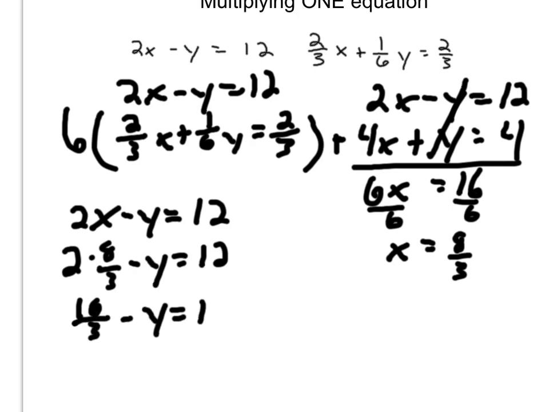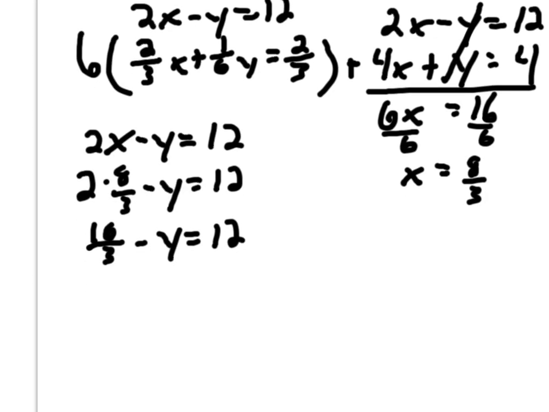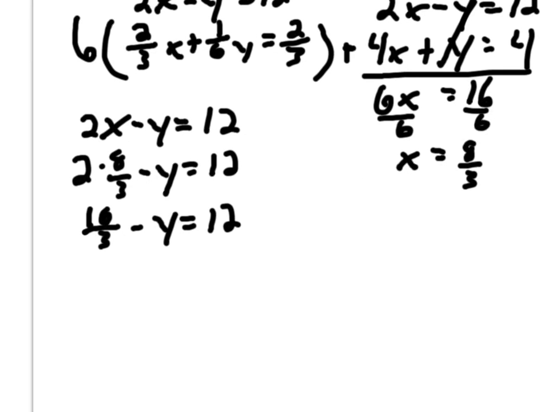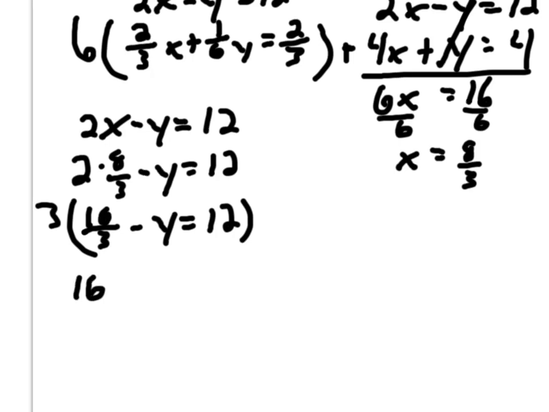minus y equals 12. Now to make this a little easier to solve, because Mr. Ayers doesn't like fractions as much as the rest of you, I'm going to multiply this whole equation by 3 to get rid of that denominator. So I'm going to take all of this times 3, and that will give me 16, because 16/3 times 3 is 16, minus 3y equals, and 12 times 3 is 36. So now if I subtract 16 from each side,